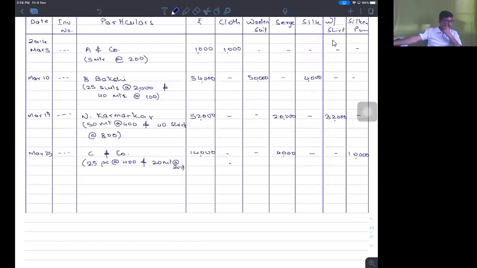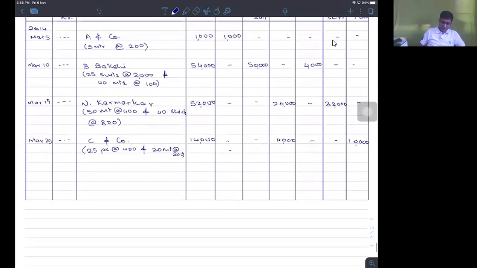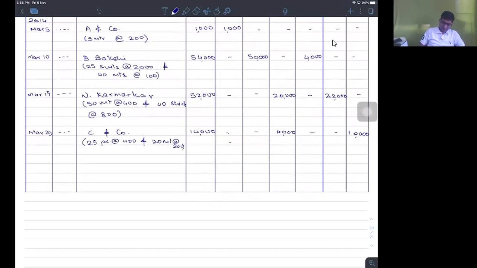So we have been recording the purchase book for example number 1, which is given in our class book text. We have completed the transactions of March 5th, March 10th, March 17th, and March 25th. We are doing the columnar purchase book. Now, if you could observe further, on March 28th,